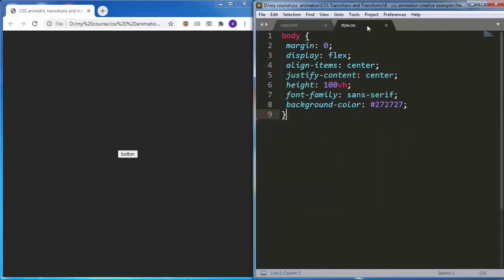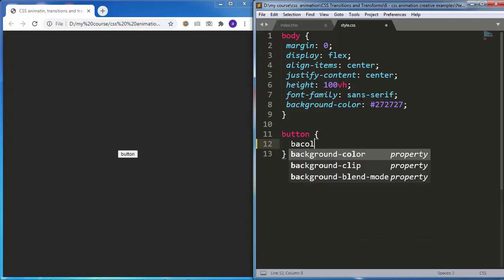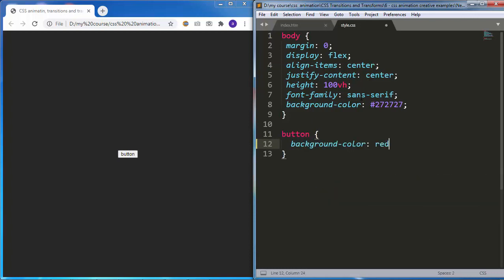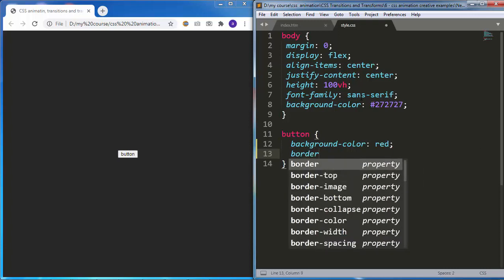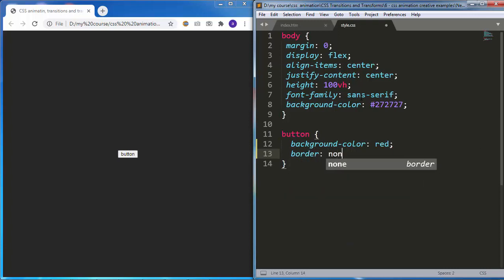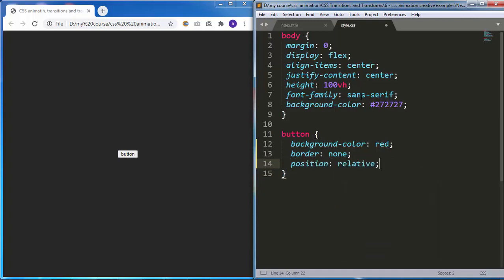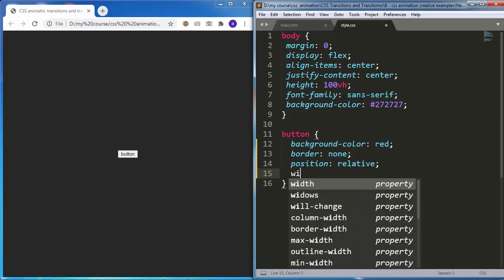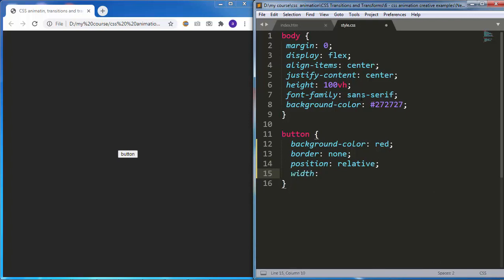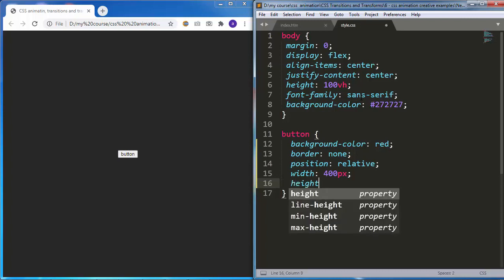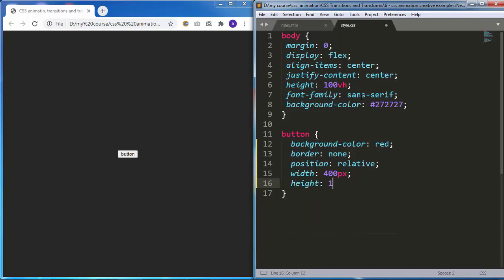Then I will go to my CSS, target the button, and add background color, red for now, border, none, position, relative, width, 400 pixels, height, 120 pixels,